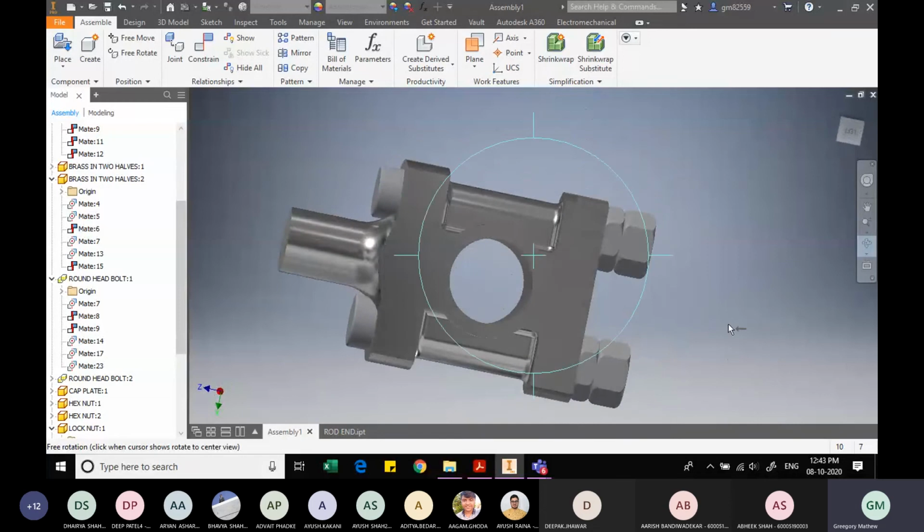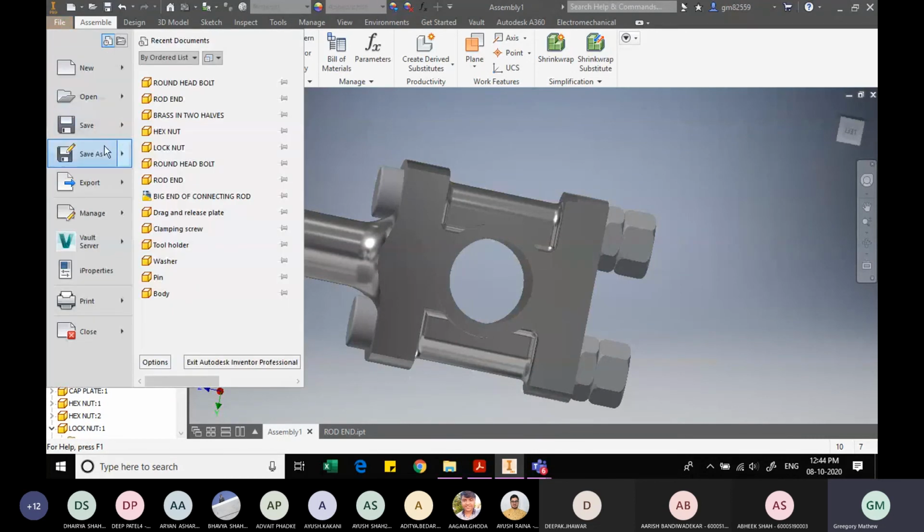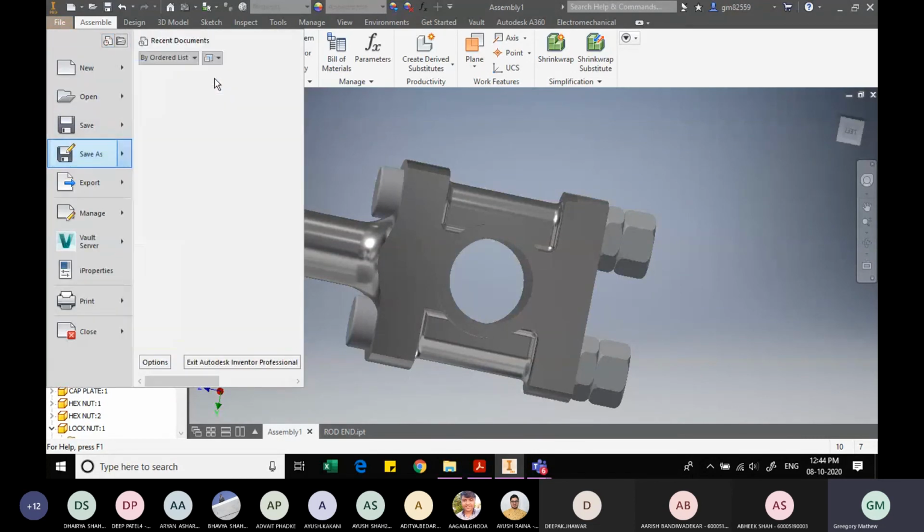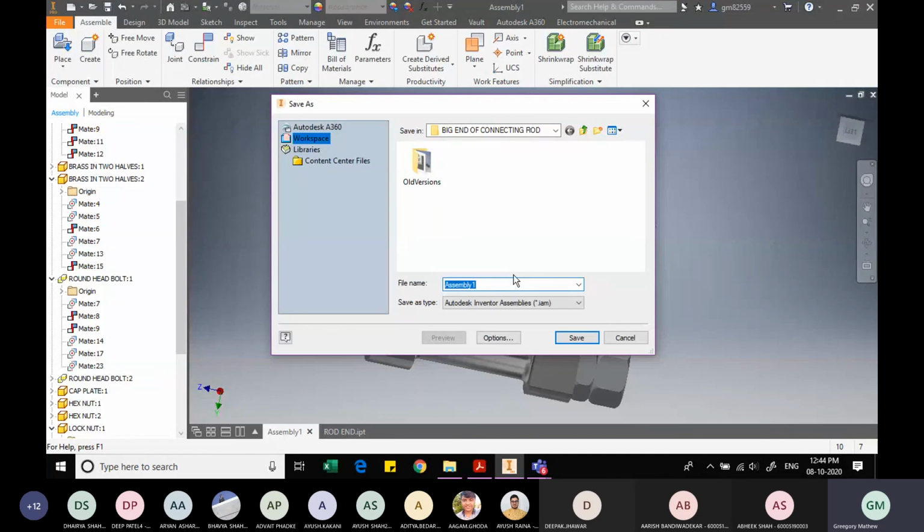So this is how the assembly looks. First the big end, the rod end, then the two bushes, followed by the cap plate, and these are held together with two bolts and screwed together tightly by using a lock nut and a hexagonal nut respectively as shown. And then we can save, but now I'm not saving. Yeah, I will just save this also. Maybe next time we will need this while we are completing our drawing. So using the save as command, I will call this big end of connecting rod.